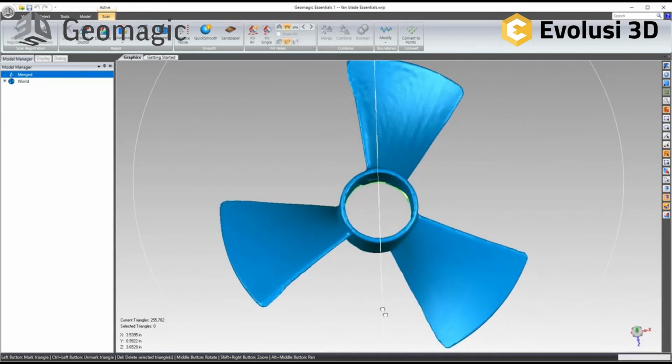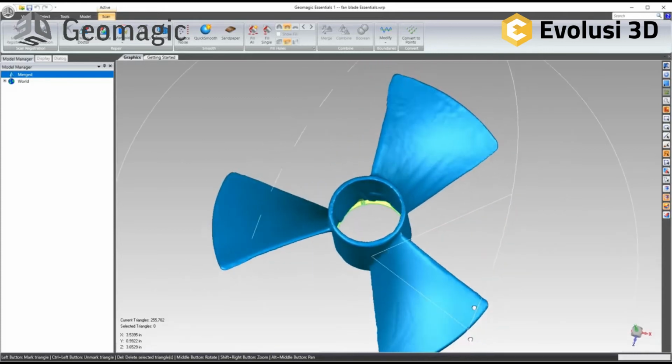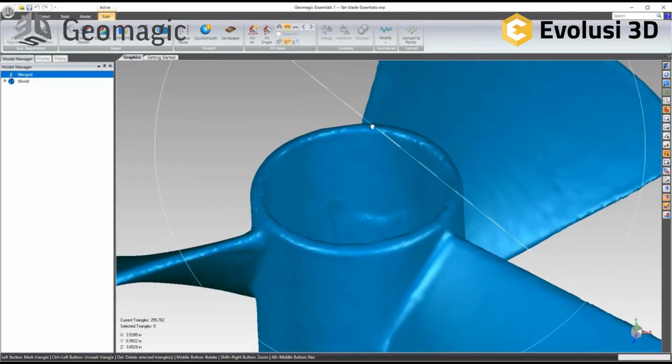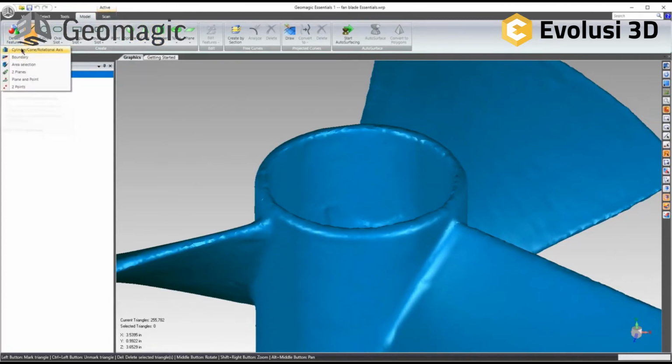So what we need to do is align this object to the world coordinate system. And with a fan blade, what I typically use is the central axis, and maybe the top plane. And then a lot of times I will grab one of the impeller blades and then fit a point there to index it. So I'm going to go ahead and create that geometry, and I'll show you how that works. So if I come over to model, what I'll do is create a line based off this first option,